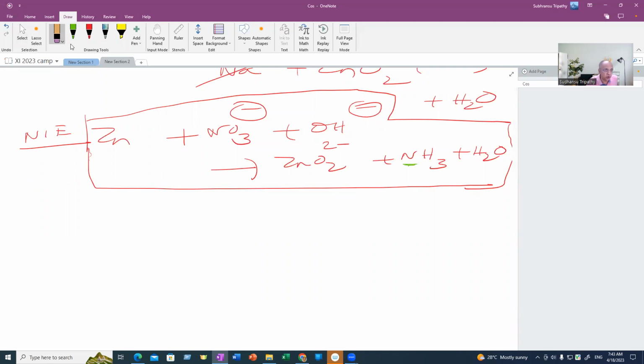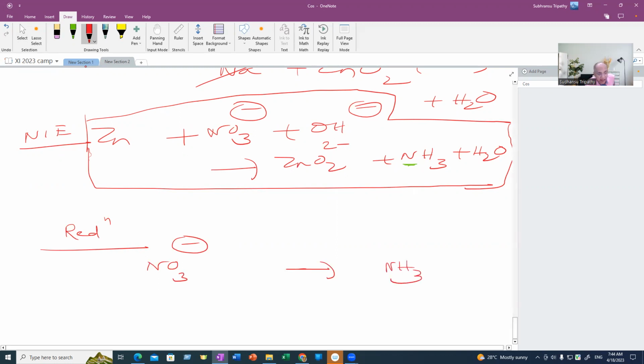Now, let us follow the rules. Let us take up the reduction step. So you pick and choose nitrate ion here from the left side, and the corresponding species, not an ion, it's a neutral molecule, ammonia, on the right side. Don't forget to identify its state. If it is a neutral molecule, don't put any charge. If it is an ion, put its proper charge. Then,